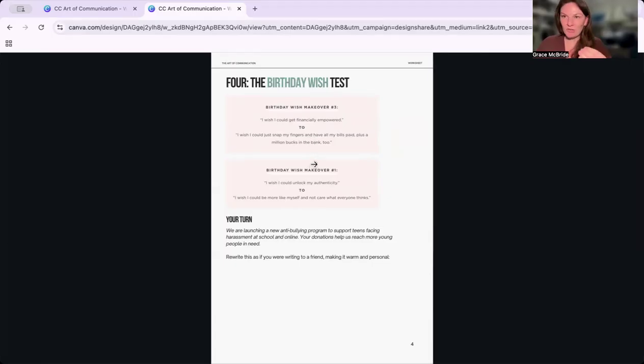What are they actually wishing for? What are the words they would use to describe that? And how do I tell that story to make them engage? So just use the birthday wish as a way of reframing your thinking about answering this question. Have a go and see how it works for you, and then come back to it again if you need to. All right, hit pause, go work through these six exercises, and I'll see you when you're back.